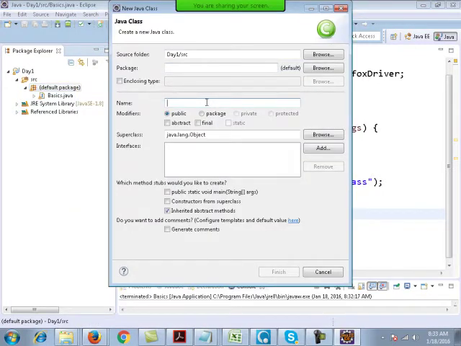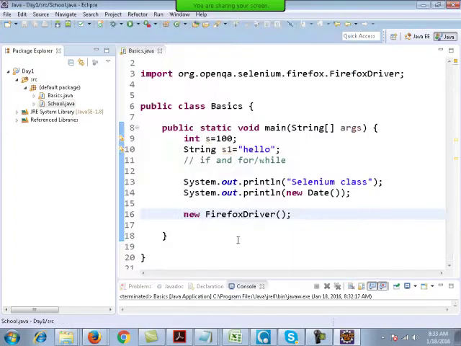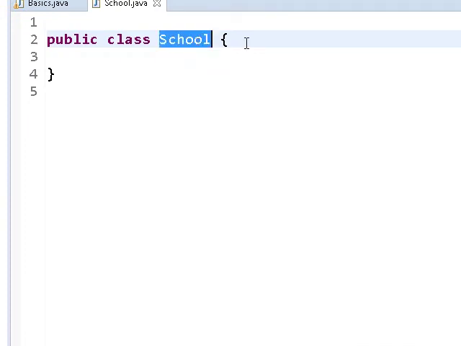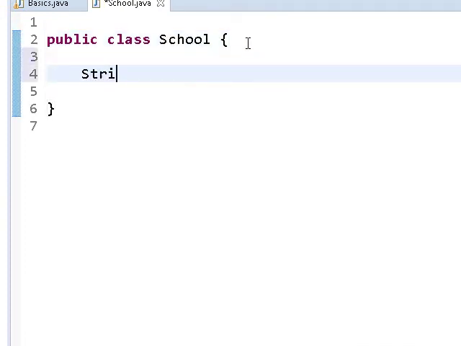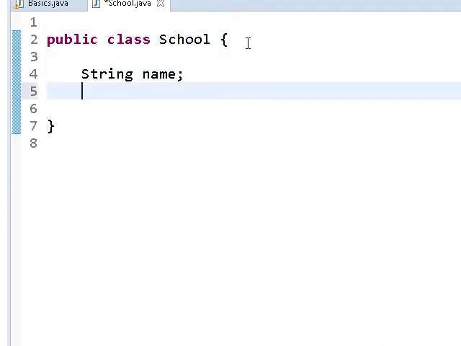Suppose I create a class known as School. What are the features of a school? Maybe you can have a String name of the school and an int number of students in the school. So these are the two features of the school.